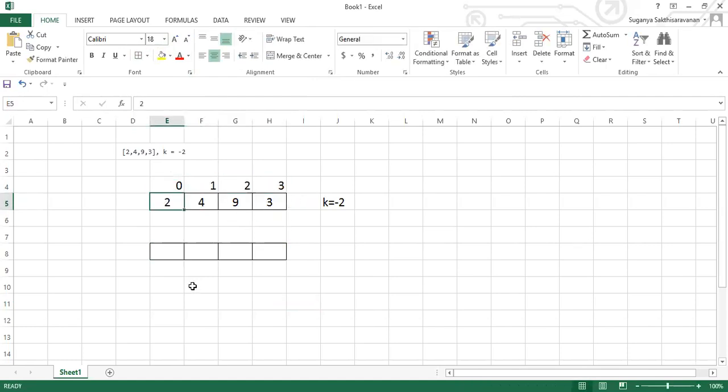For the 0th index position, which index positions are you supposed to take? If you want to fill the 0th index position, I'm supposed to fill the value with the third index plus the second index. Is it clear?